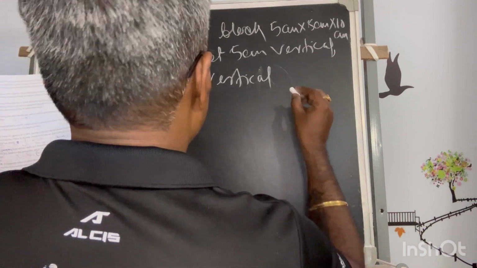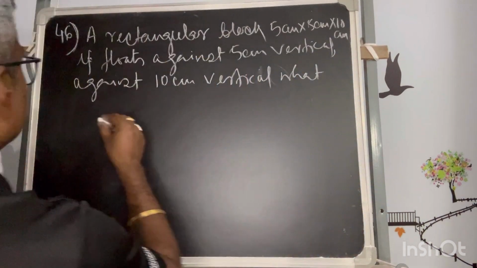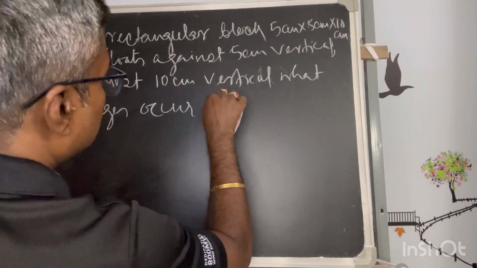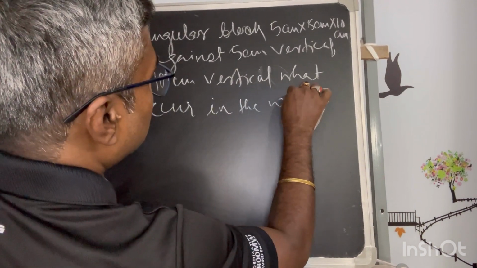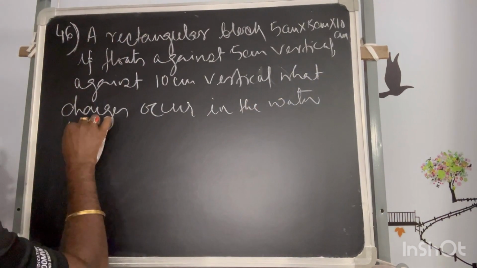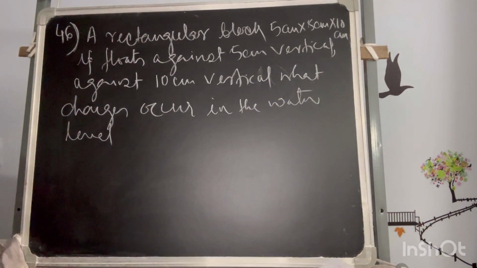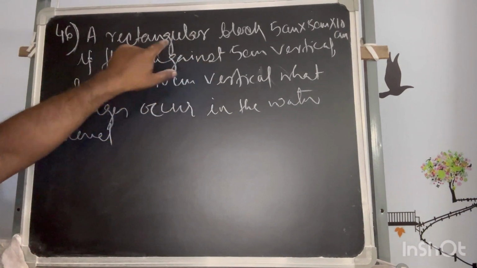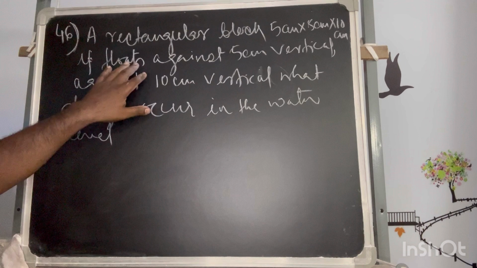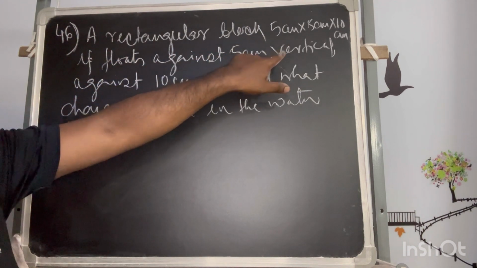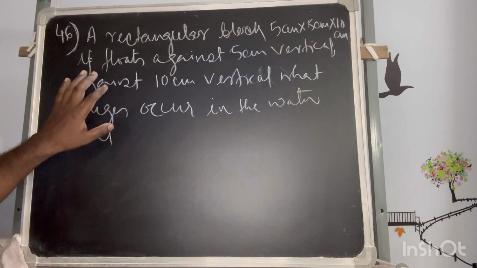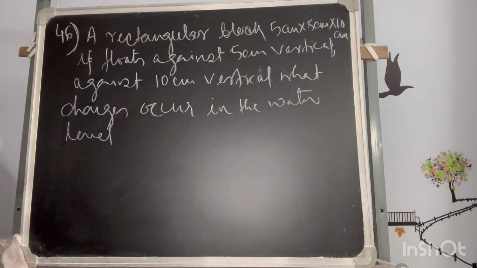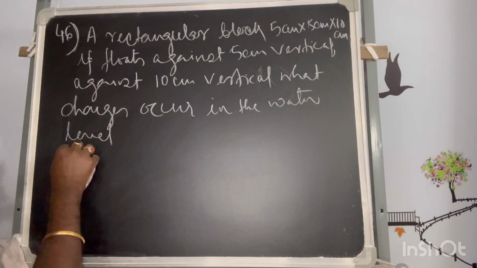What changes occur in the water level? So why do I want to change the language? Because everything is monotonous. Instead of a rectangular block, if it floats with 5 centimeter vertical against 10 centimeter vertical, I want to make it like that, but anyhow that question is given like this, but the understanding is that if a